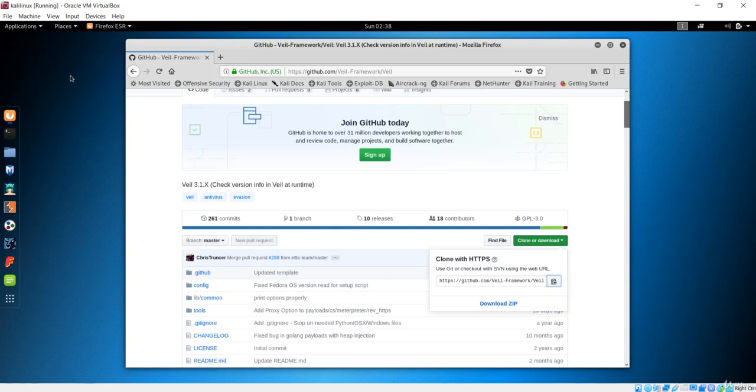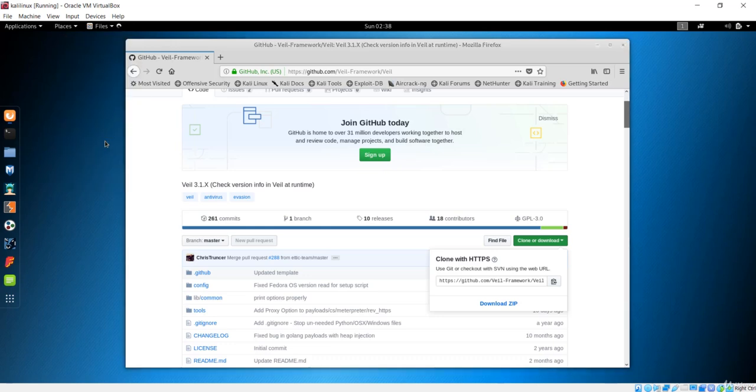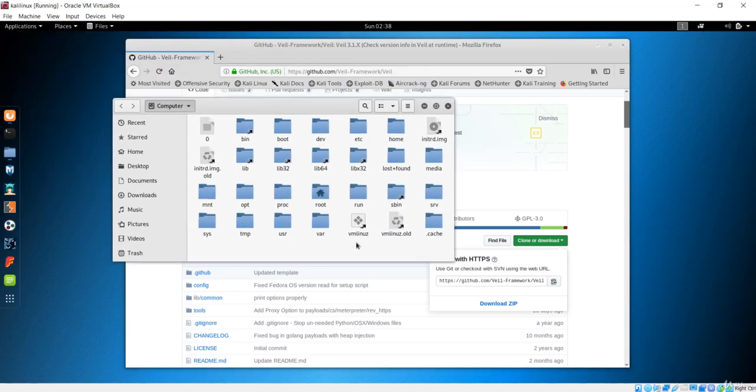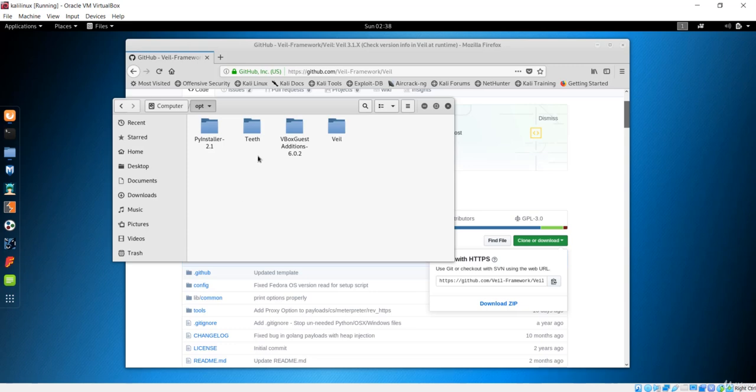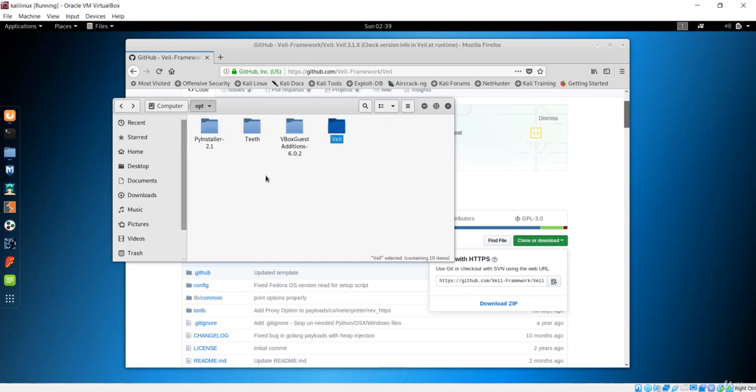Now what you need to do is go to the places over here, and if you remember from the Linux lecture, what I told you about the opt directory is that if you install any optional third-party programs, you can install them in this opt folder. This is not compulsory, but it is always good practice to install here. You can see we have a bunch of applications right here, and I have already installed Veil, but I'll show you how to install it here.